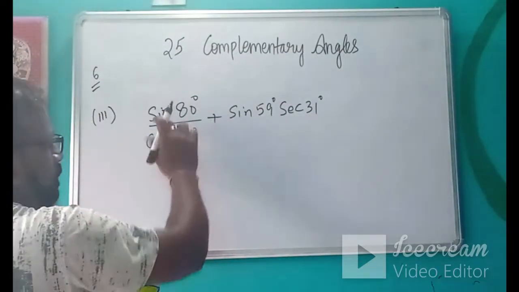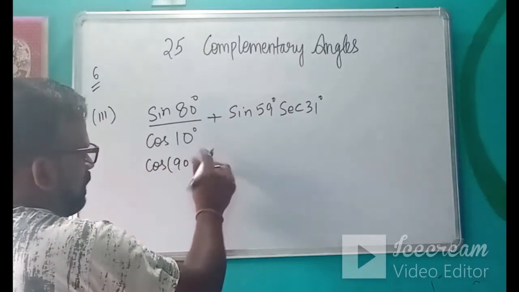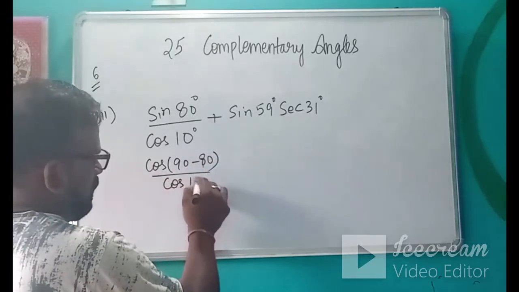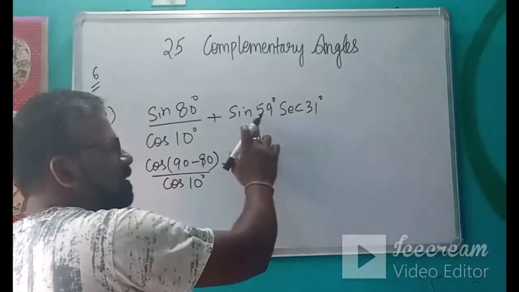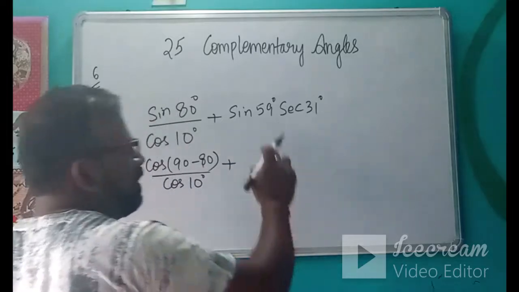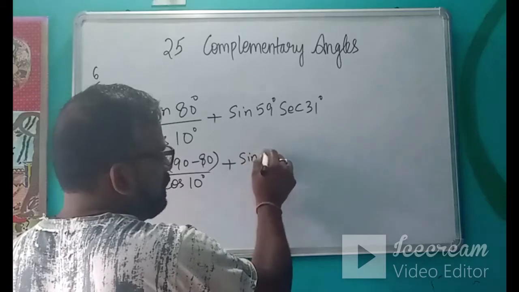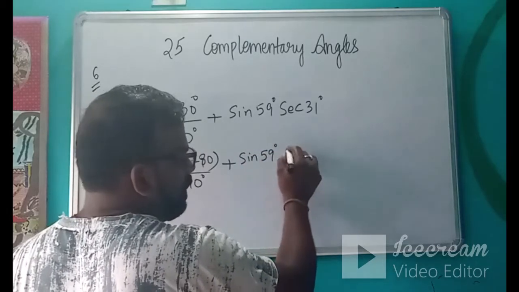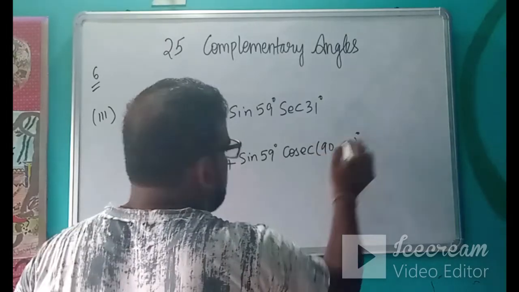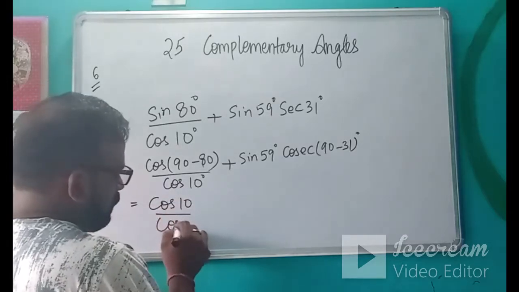Again what we will do, we will replace this sine by cos 90 minus theta upon cos 10 degree plus, now this is 59 plus 31 is again 90 degree. So we will change either sine or sec. Suppose if you change this sec, what will you write? Cosec 90 minus 31 degree. So it becomes cos 10 degree upon cos 10 degree